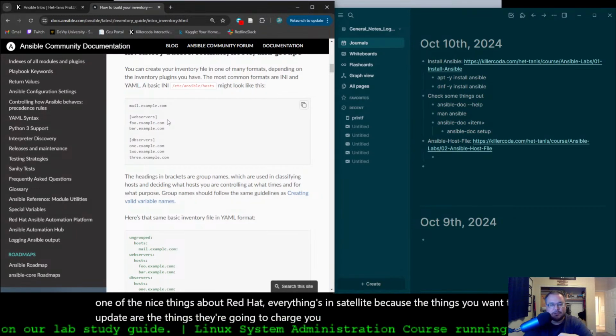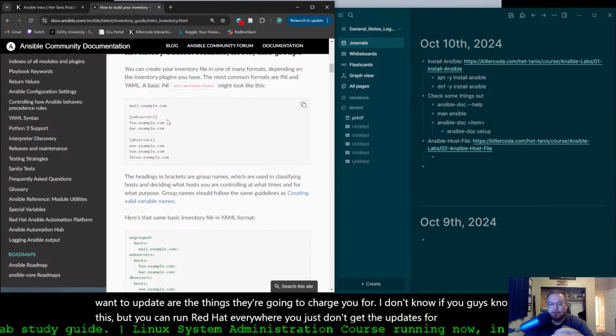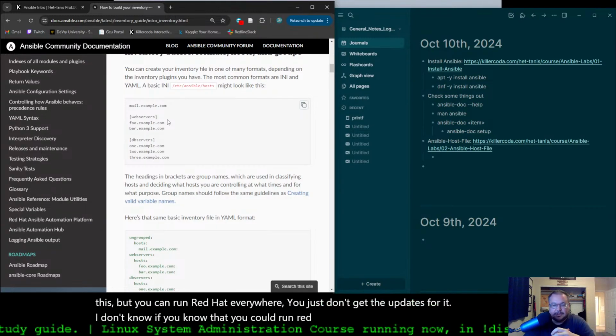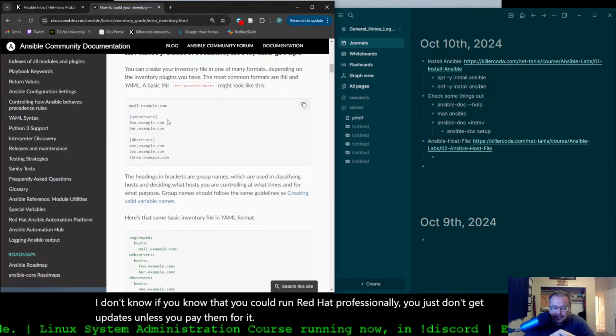I don't know if you guys know this, but you can run Red Hat everywhere. You just don't get the updates for it. I don't know if you know that. You can run Red Hat professionally. You just don't get updates unless you pay them for it. So where I'm going with that is